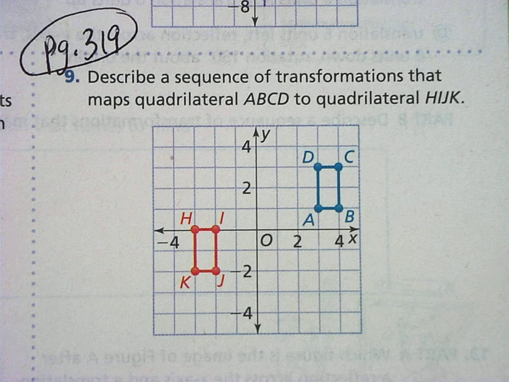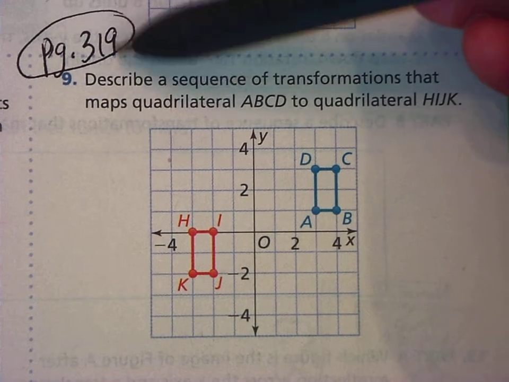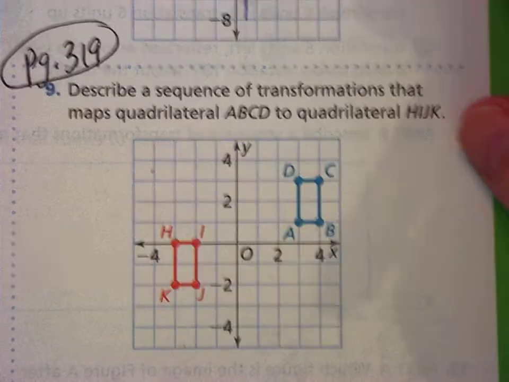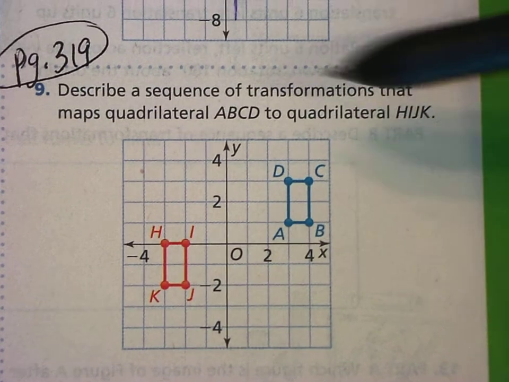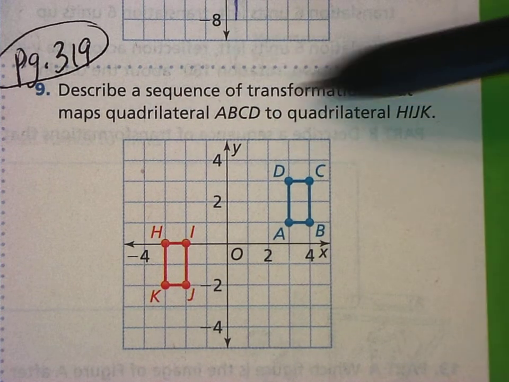Hi everyone, so we are on part 2 of sequence of transformations. We're on page 319. I'm going to go over a few problems on this page, starting with this one. Describe a sequence of transformations that maps quadrilateral ABCD to quadrilateral